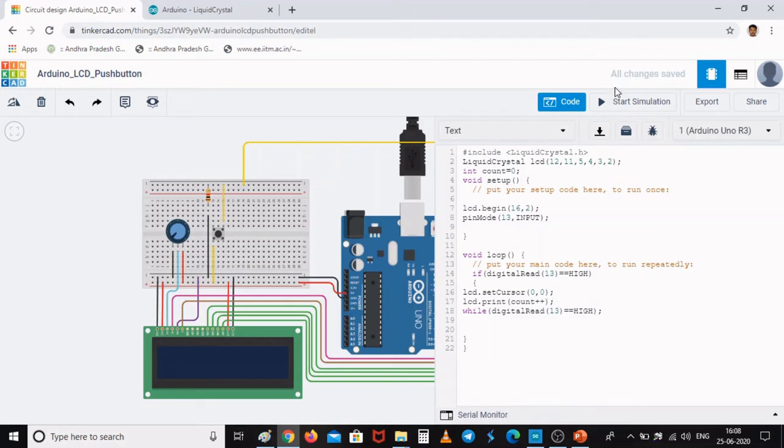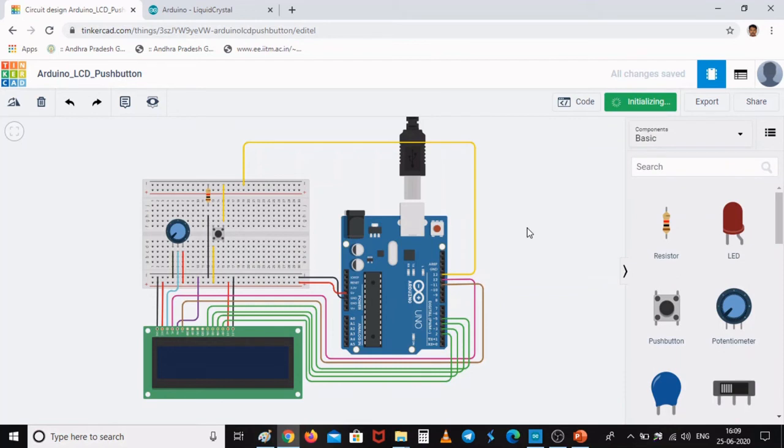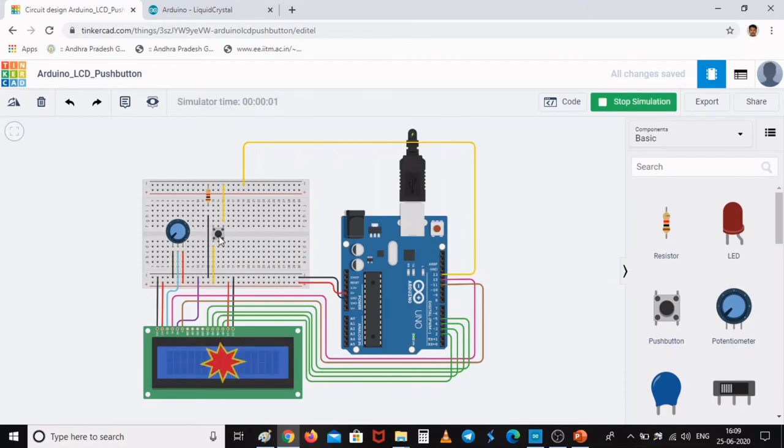So let us see how this is going to get executed after simulation. Now let us wait for completion of the simulation. Yes, now we have nothing displayed here until we press the push button, because we have written a condition that until my 13th pin is made high, nothing is to be done.